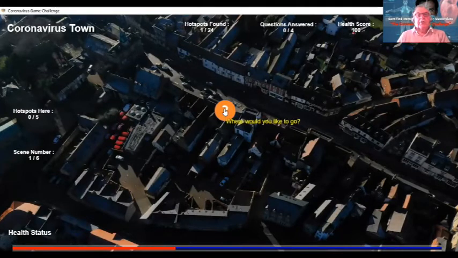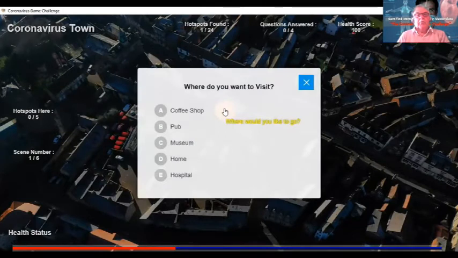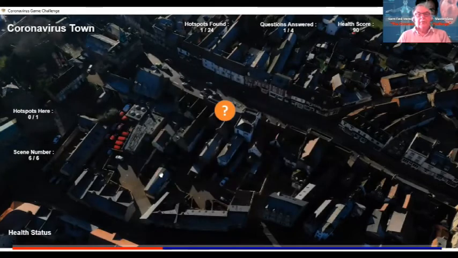As I mentioned, when you start the game, where would you like to go? Where do you want to visit? Well, it might be that in exploring, you want to go to hospital. So what happens when you go to hospital?